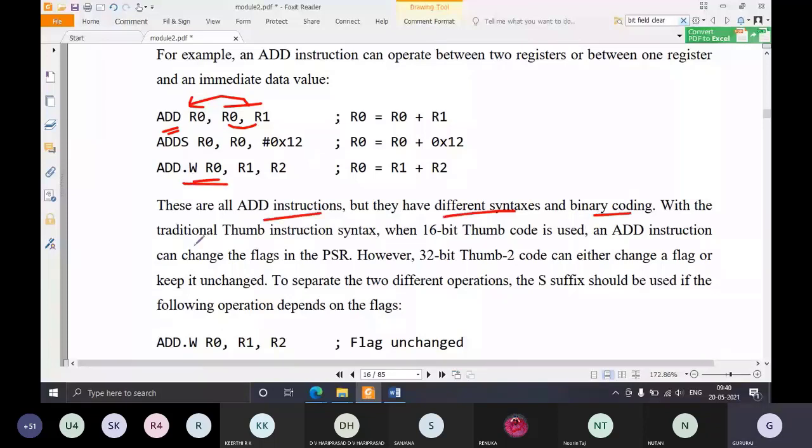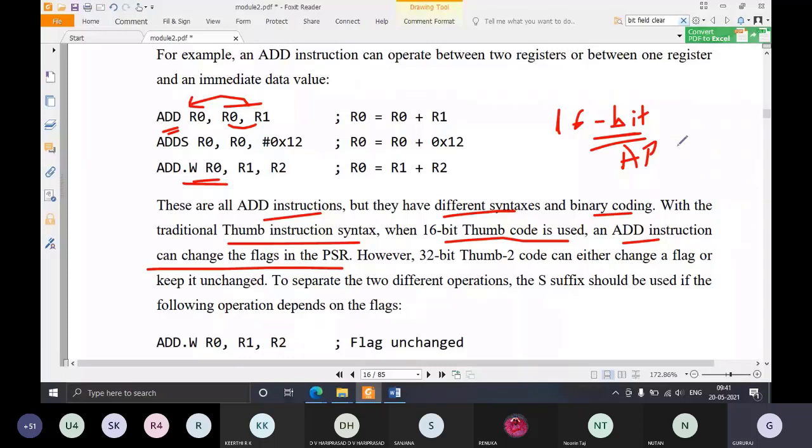In the traditional Thumb instruction syntax, when 16-bit Thumb code is used, an add instruction can change the flags of the PSR. Remember, the majority of 16-bit instructions automatically update the APSR, the application program status register flags. There will be no control if you use 16-bit instructions.